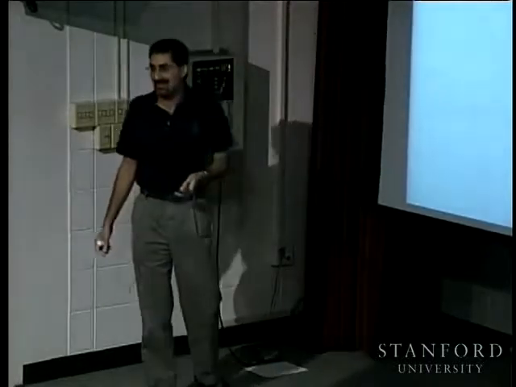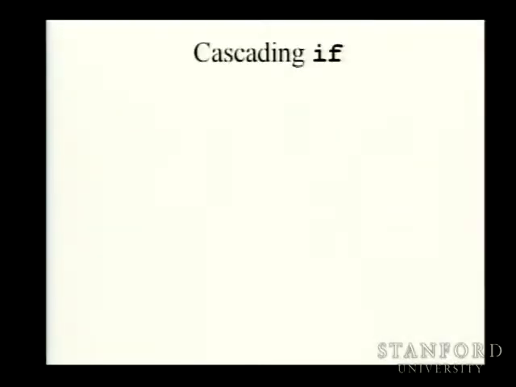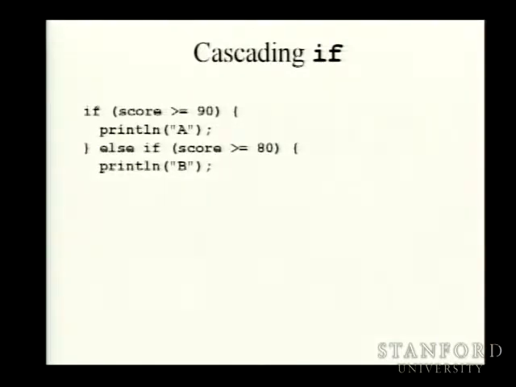There's something known as a cascading if. This is kind of funky. A cascading if says, what I want is I'm going to check for just one condition to be true. So I'm going to start off with something that looks like a regular if. This is like high school grading, right? If your score is greater than 90, then print out A. Otherwise, else, and what are we going to do with the else? We're going to do another if. Else, if your score is greater than 80, print out B. Else, if your score is greater than 70, print out C. And otherwise, it's kind of, well,